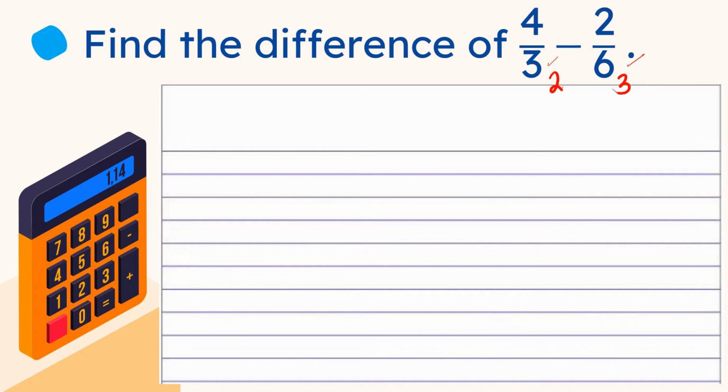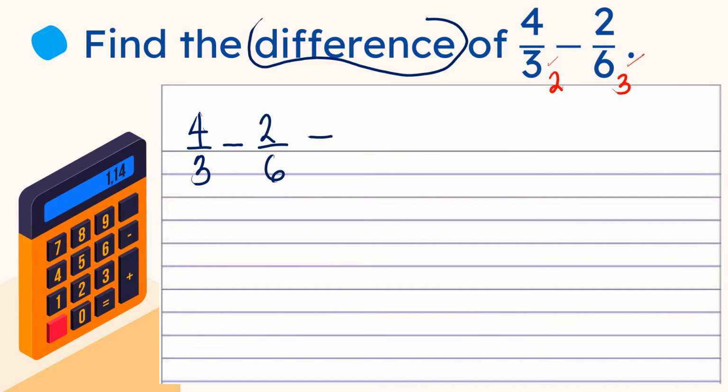Now, the best way is to choose between method 2 and method number 3. Okay, but for me, I'm really very used to using the method number 3. So try natin yung method number 3. What is the difference? So this time, you are asked to find the difference. Ibig sabihin, magsa-subtract tayo. If I have 4 out of 3 minus 2 out of 6, what we do is,